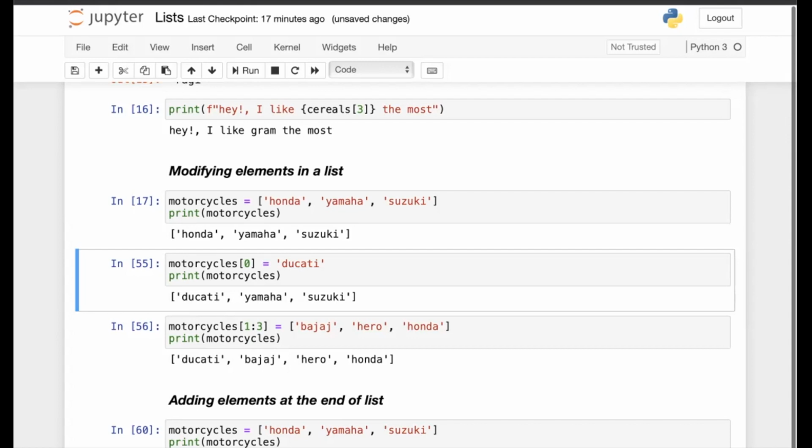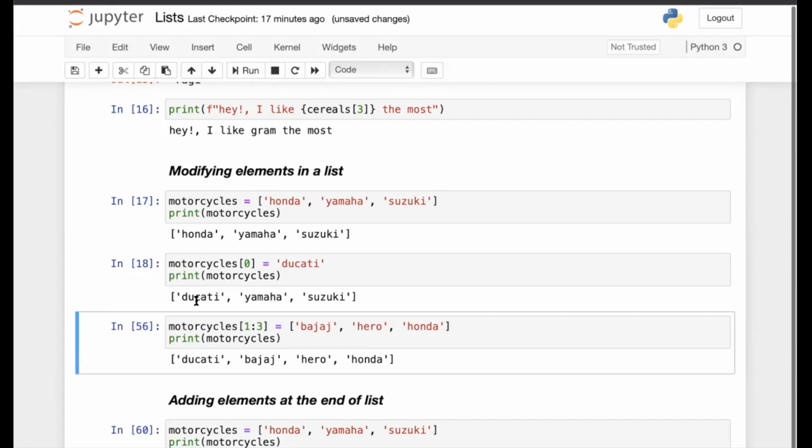The first element has the index 0, so motorcycles index 0 is assigned the value Ducati. It was Honda initially, and then it is replaced with the Ducati string. When I print this, I have this replacement here: the same list of motorcycles, but the index 0 is replaced, from Honda to Ducati.